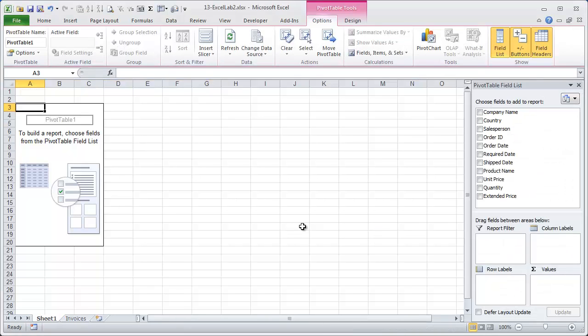Click OK to put it on its own sheet. Seldom do I want it on the same sheet as my data. And you'll be presented with a screen like this. This looks different if you're using Excel 2003 or earlier. A little bit different format. All of your work for a pivot table is going to happen over here on the right side of the